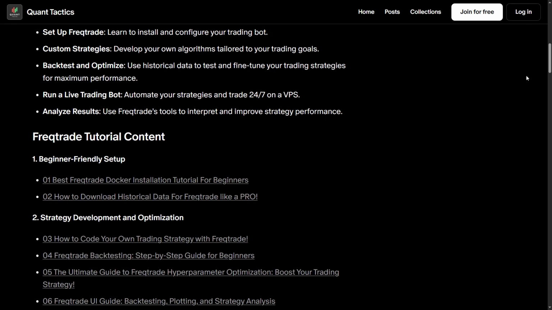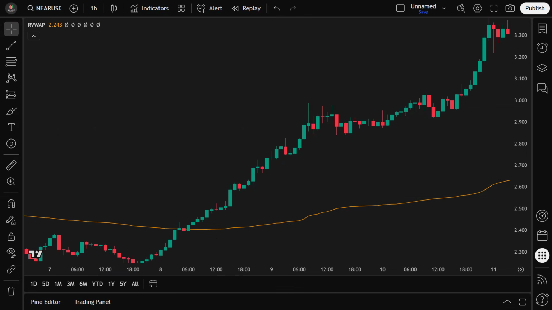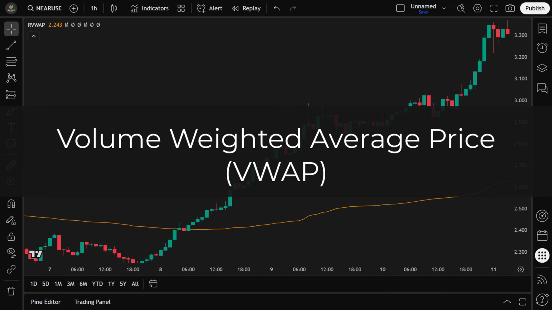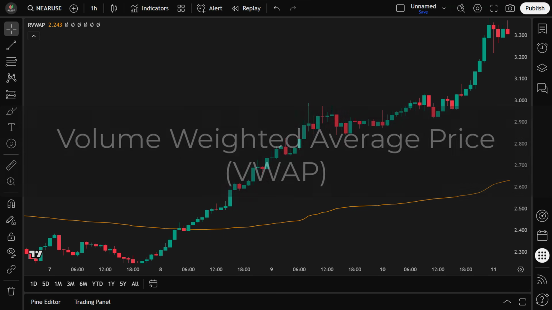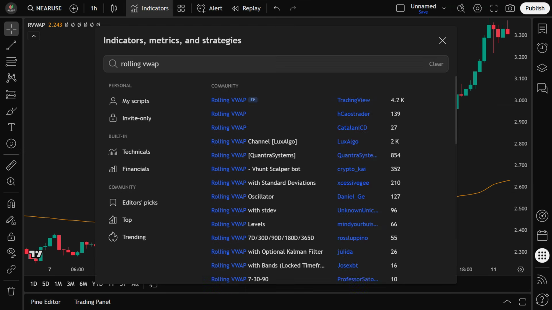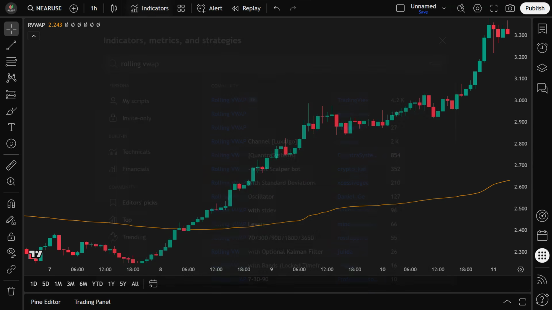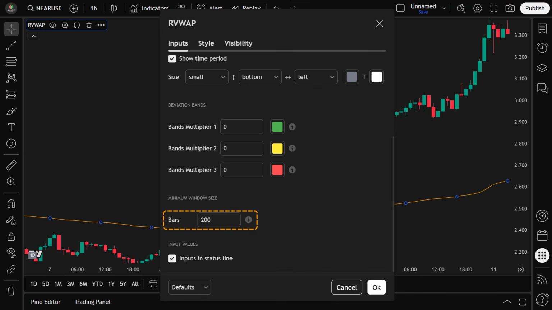Before we dive into the strategy, let's start by breaking down the key indicators we'll be using. 1. VWAP stands for Volume Weighted Average Price. It represents the average price of an asset weighted by its trading volume throughout the day. In this strategy, we'll be using a rolling VWAP, which continuously updates over a defined window of time. For our setup, we'll use a 200-period window, helping us capture evolving market trends more effectively and filter out normal